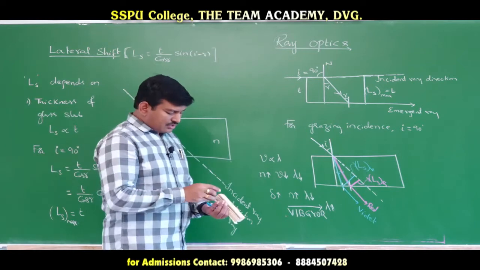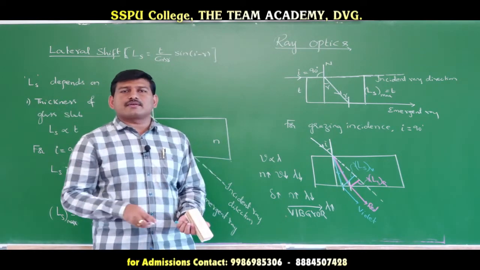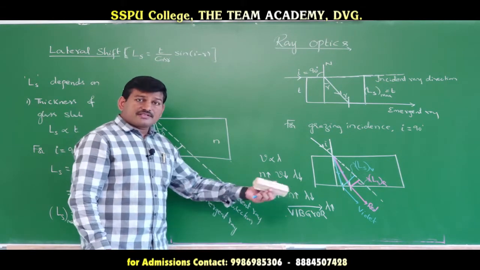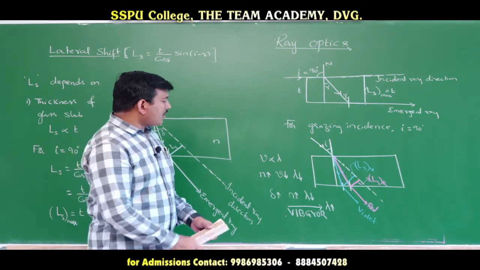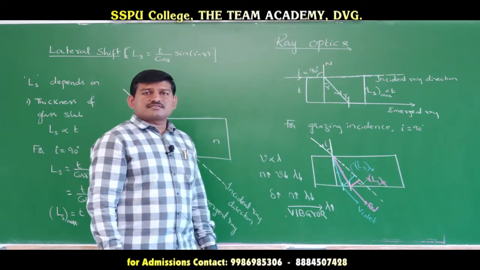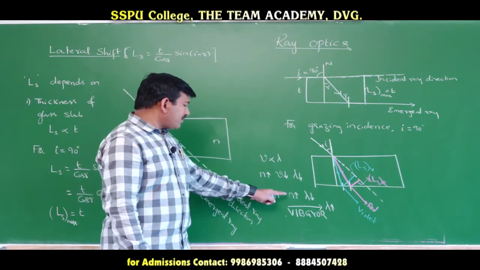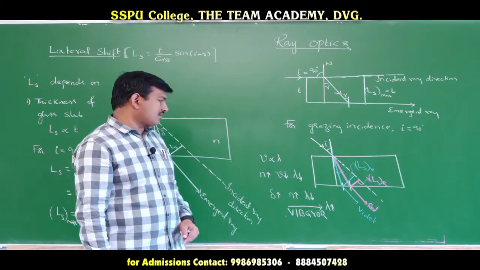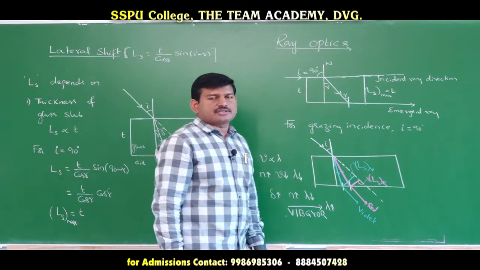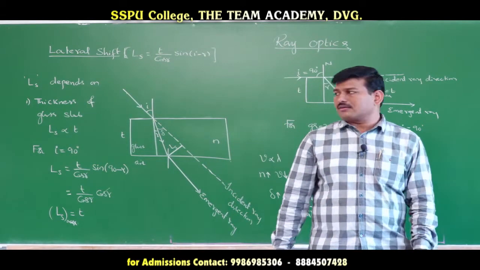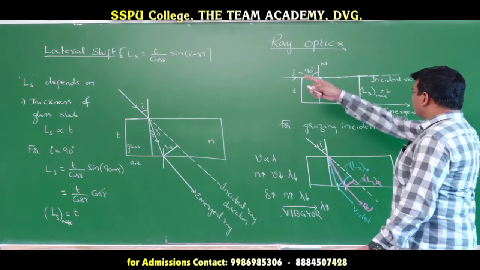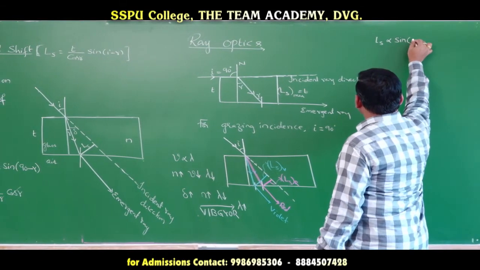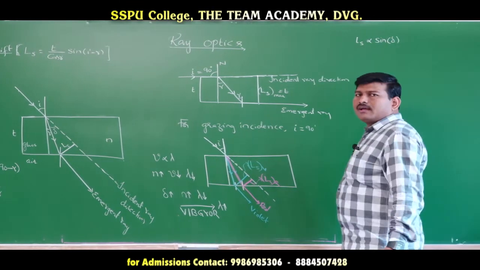Is it clear? So now tell me the answer: whether the lateral shift depends upon the color of the light or not. Yes, the lateral shift depends upon the color of the light. And how it depends on color: the more the refractive index of the color, the more will be the deviation for that color and the more will be the lateral shift. So here violet has more deviation, therefore lateral shift is more for violet color. From that formula, LS is directly proportional to sine of deviation, and sine of (i minus r) is nothing but the deviation.